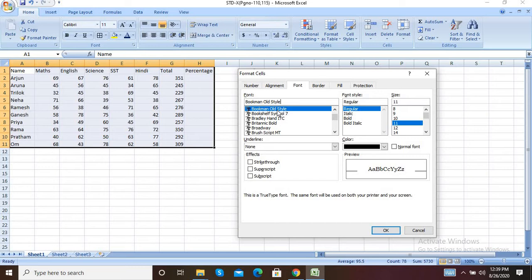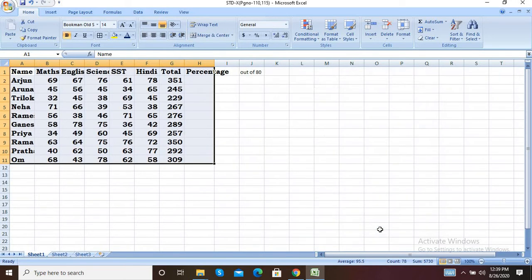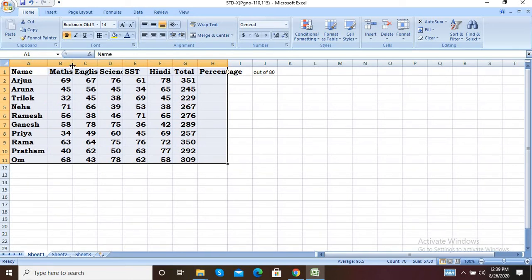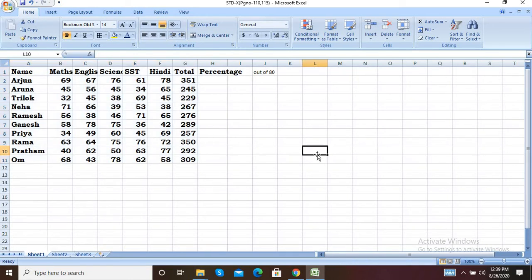This is your font, so select this font, give the bold effect or make its size maybe 40 and click on OK. So see, with the help of the number tab you can see the changes.